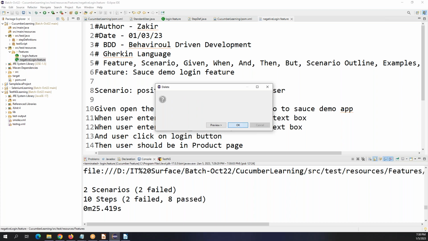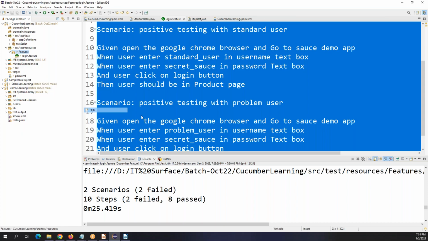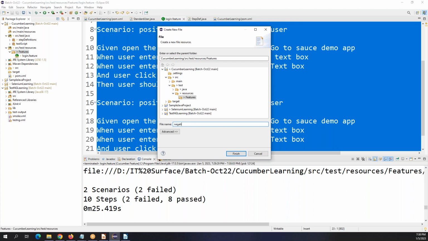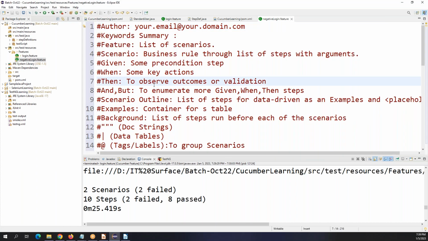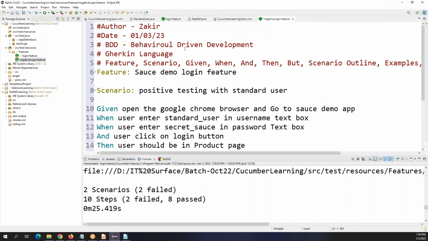If you have a problem, then it will create a problem. Okay, file: negative login dot feature. Now it looks good. So Control A, remove, and paste. Everything is fine except this positive will become negative,